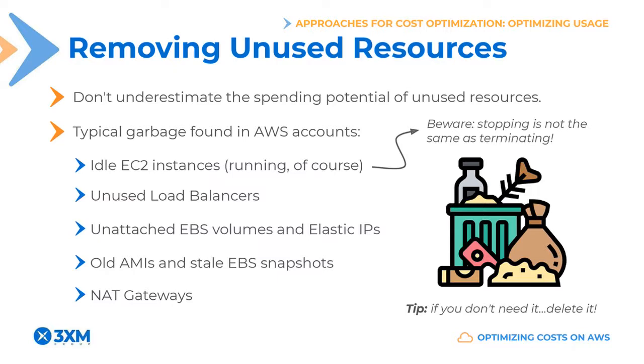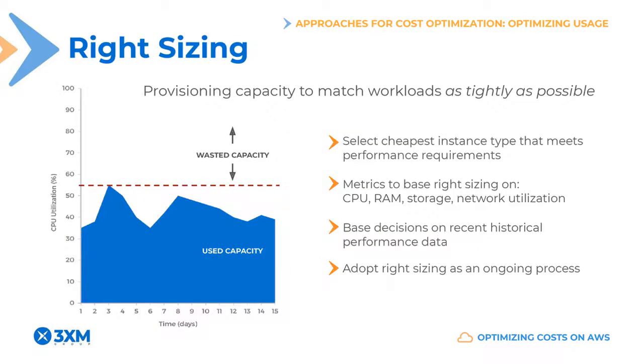Now, unused resources on AWS are typically a byproduct of POCs, training labs, and dev environments, but they're also a byproduct of evolving production workloads. Your architecture is likely to change over time. You will need to migrate to newer EC2 instance generations. Your engineers will move stuff around, probably switch from one service to another, and forget, because quite often they forget, to clean up after themselves. So if you don't need it, delete it and get into the habit of doing just that.